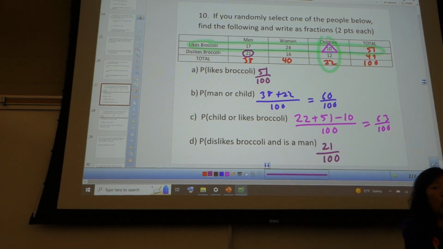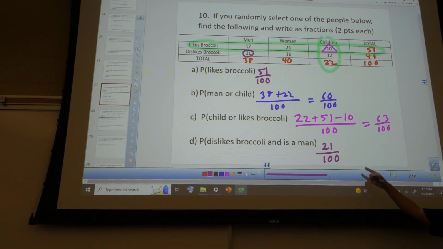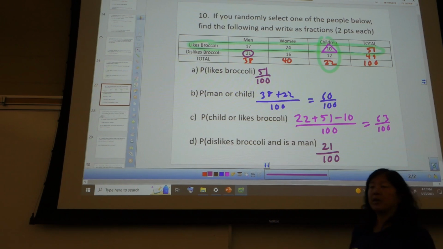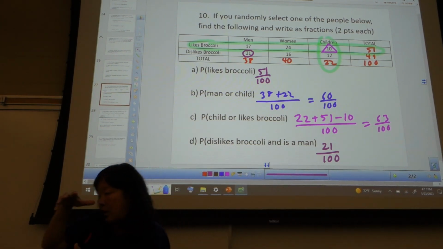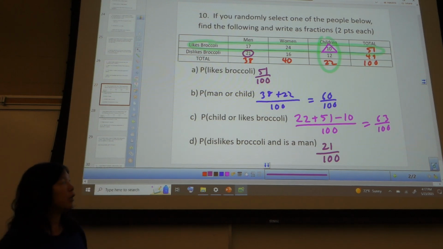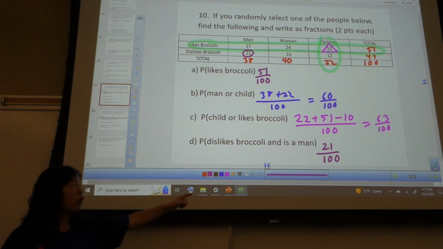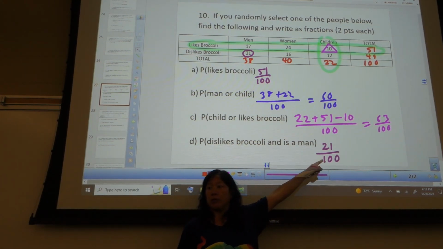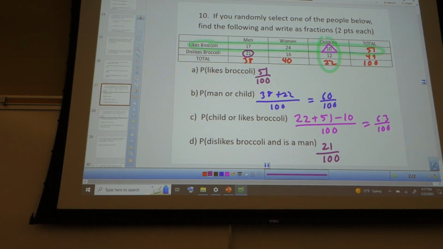Your probabilities are always out of everybody unless you're given something. Given is the only time it's not out of everybody, because given means that you know it's a subgroup, so your denominator is out of fewer people. Otherwise, unless it's given, it's always out of everyone. So speaking of given,